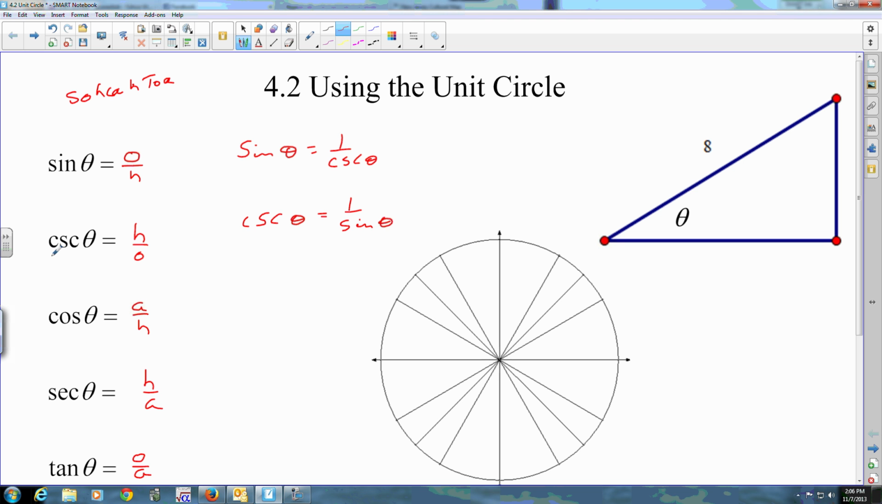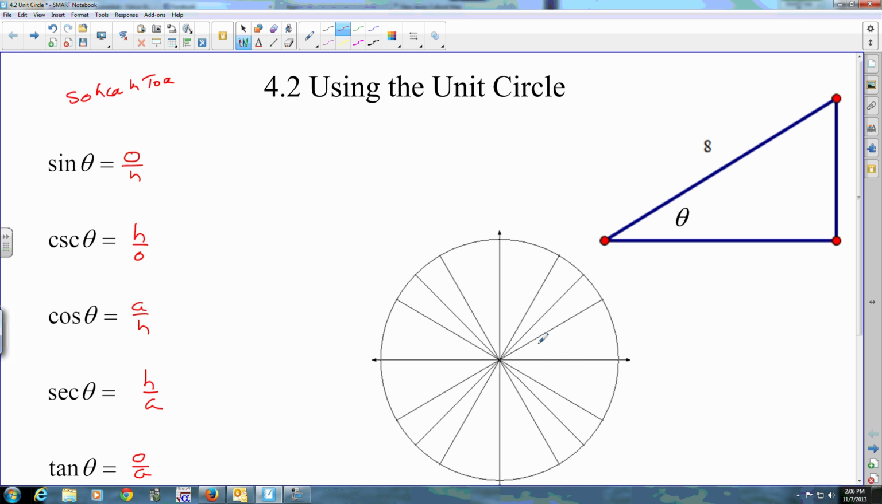And please don't pronounce it CSC or SEC or TAN. Say the word. Sine, cosecant, cosine, secant, tangent, and cotangent is down off the bottom of the page there, off the screen. Okay, now on the unit circle, the connection is,